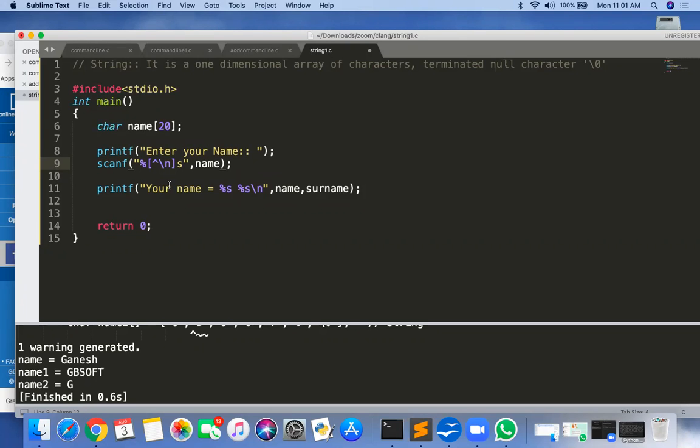Now modify the scanf to scan the string up to \n. It means that until you press \n, all the characters that you have entered are a part of that string. Getting? What is my \n? \n is your Enter.